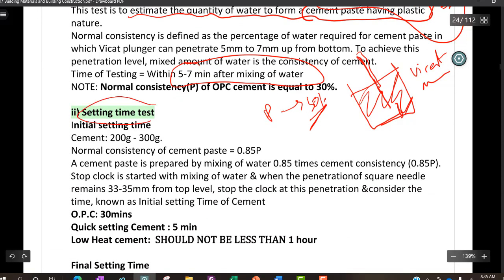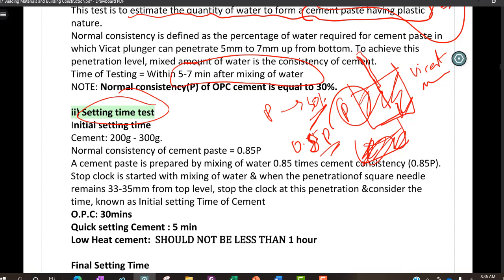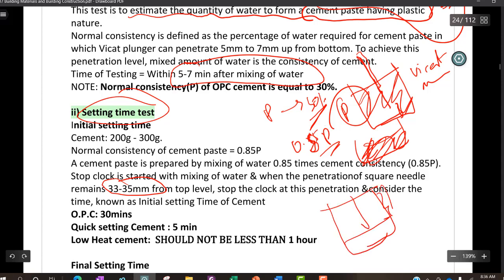Now coming to setting time. So there are two setting times. One is initial and the second one is final. Same test, no change, but the water you will be adding will be 0.85 p. Whatever water content you got in the above consistency test, we are taking 0.85 of that. We are mixing that amount with cement, and in the cement mortar paste that forms, I am penetrating a needle. Okay, from the top it should reach the same 5 to 7 mm from the bottom. That is, from the top it will basically be 40 mm, right? So from the bottom it is 5 to 7. That means from the top 33 to 35 mm it will penetrate,